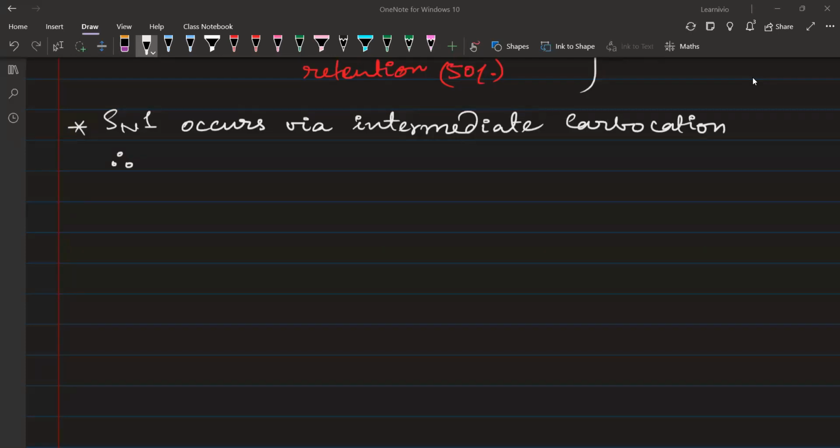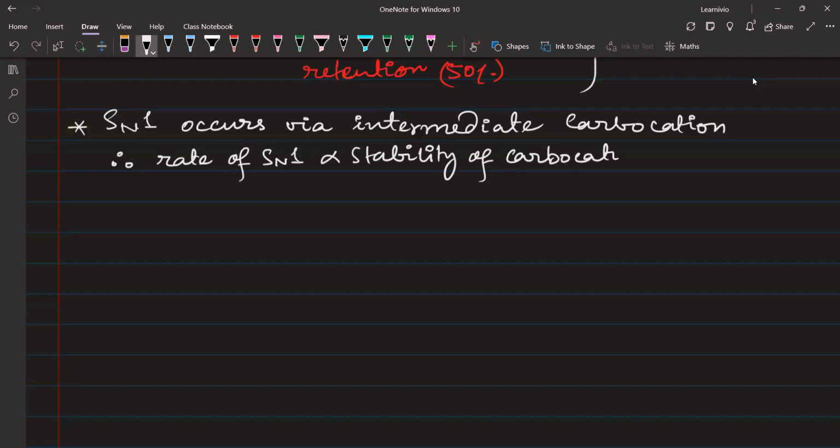Rate of any reaction is directly proportional to the stability of the intermediate. In this case, when I talk about the rate of SN1, the rate of SN1 should be directly proportional to the stability of carbocation. Next point that we are going to write, SN1 gives